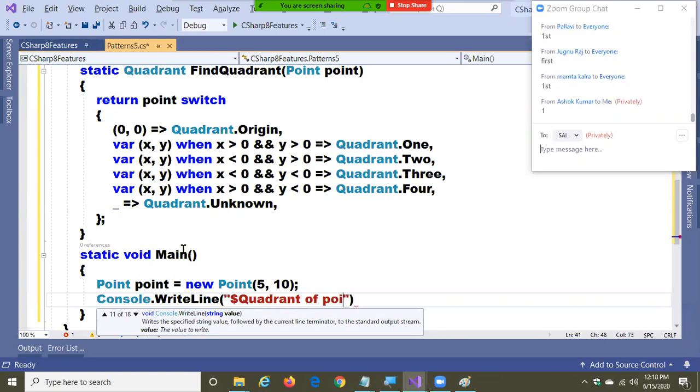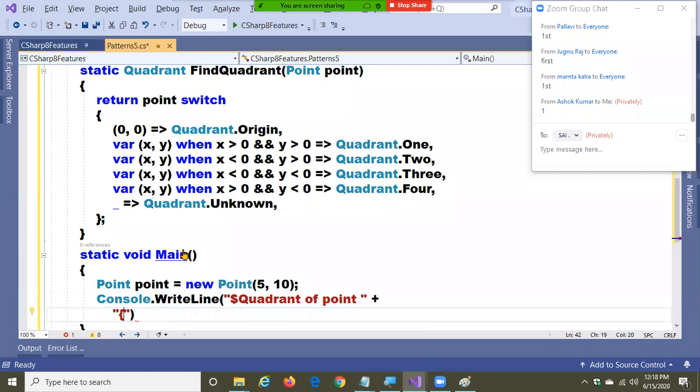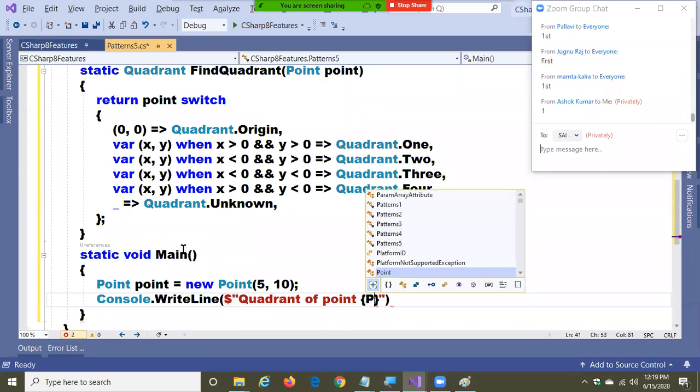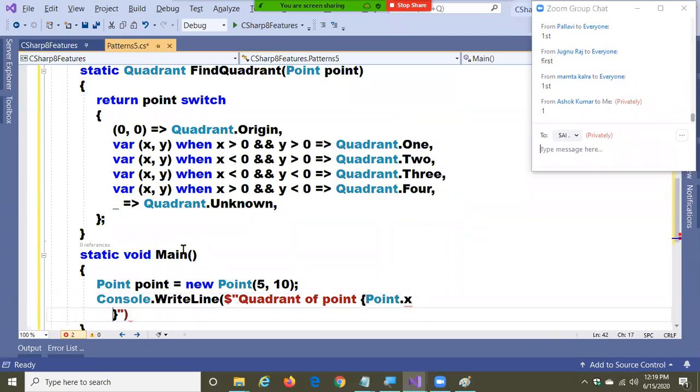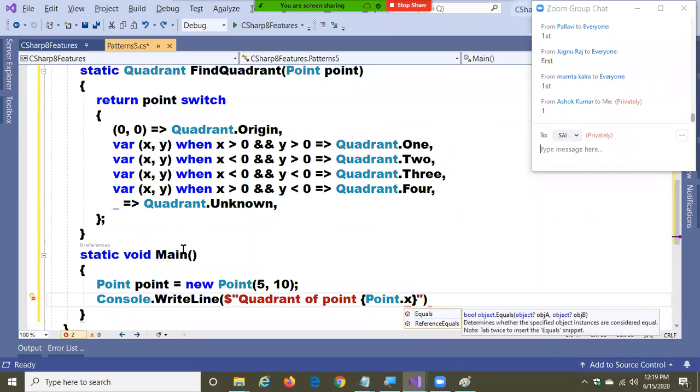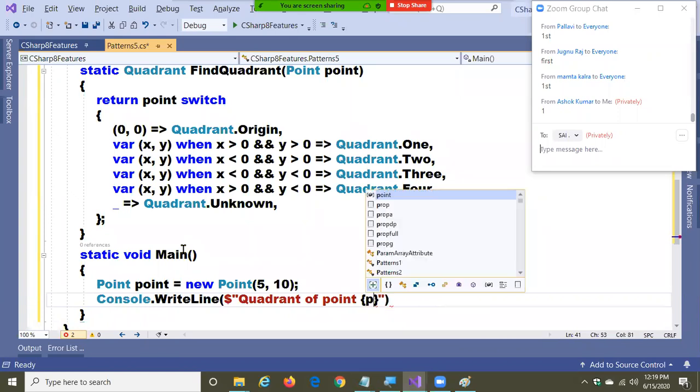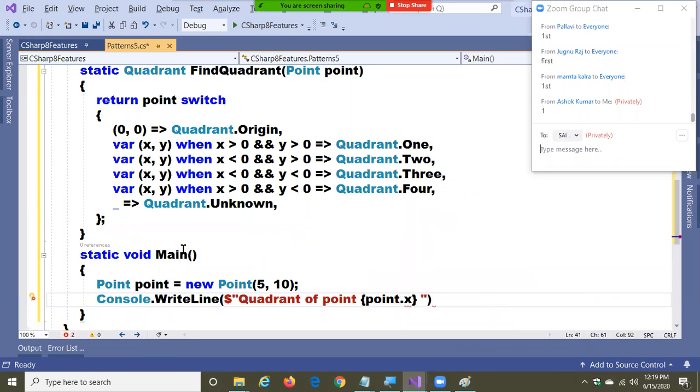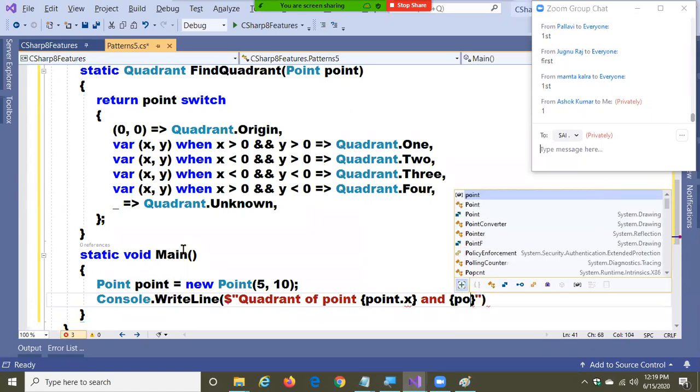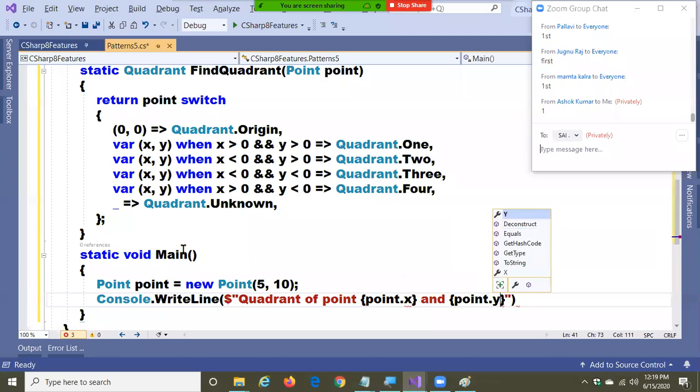Quadrant of point, point dot x and point dot y.